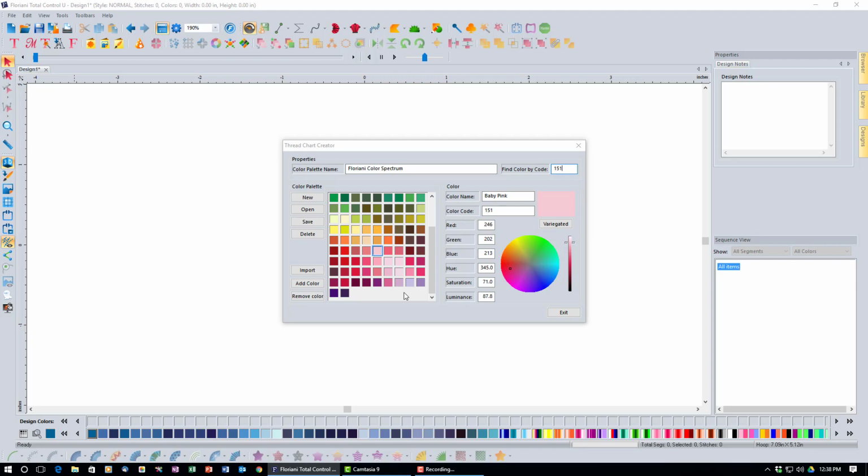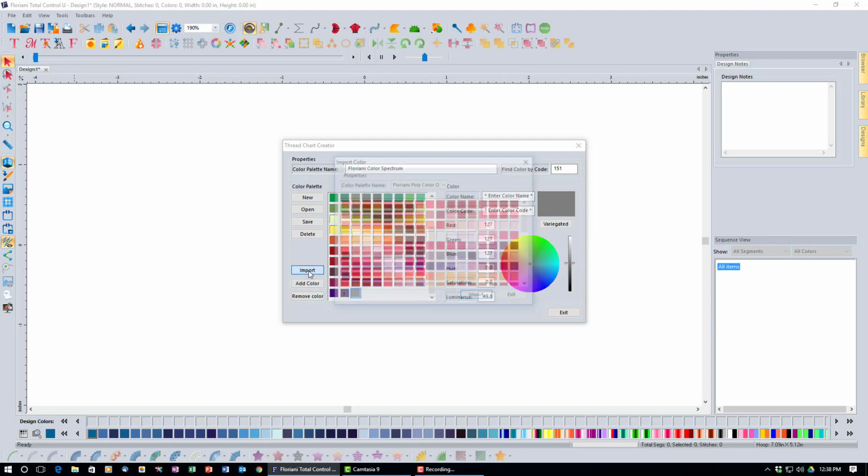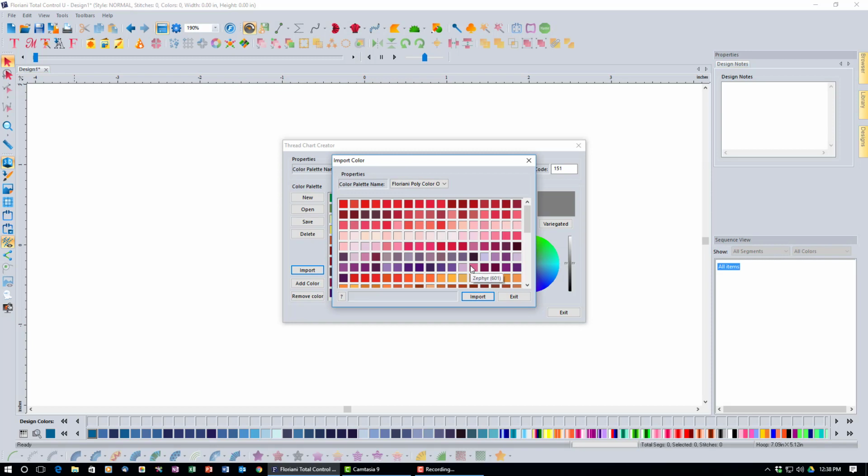So we can do that one of two ways. We can simply click add color, and when it does that, it brings up a default gray box with nothing here, and if I know the values for it, I can type them in here. Now I'm actually not going to use that method, but what I'm going to do instead is I'm going to say import. All right, so if I click import, that's going to bring up another color selector, and from here